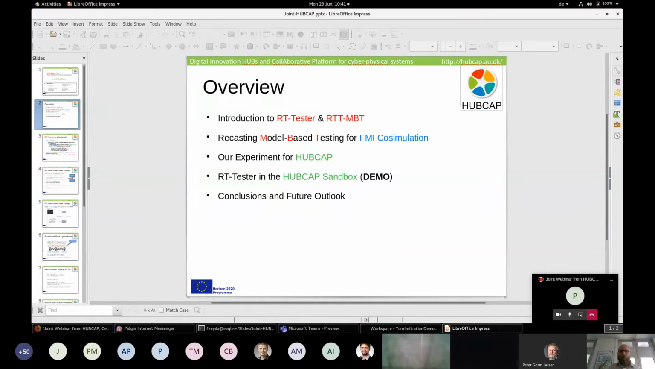So here's a short overview of our talk. First, I will say a bit more about RT Tester and RTT MBT, and explain how the form of model-based testing that we are doing in our company can be recast in the context of FMI co-simulations. FMI is kind of the common denominator of HubCap. To exchange, for instance, models, we can use the FMI2 standard and the format of FMUs so that different tools can talk to each other. That is one of the means we have for exchanging